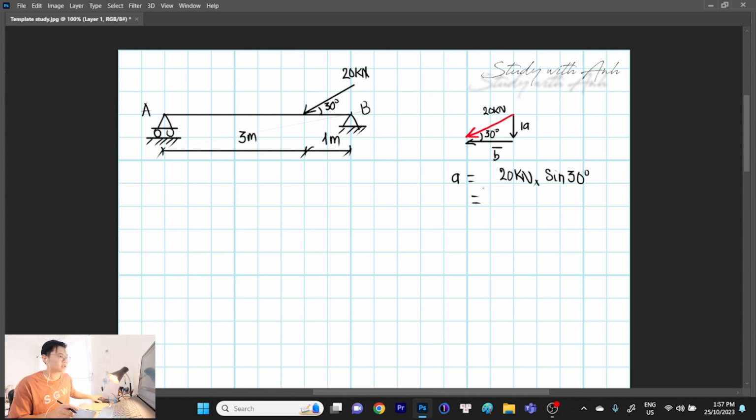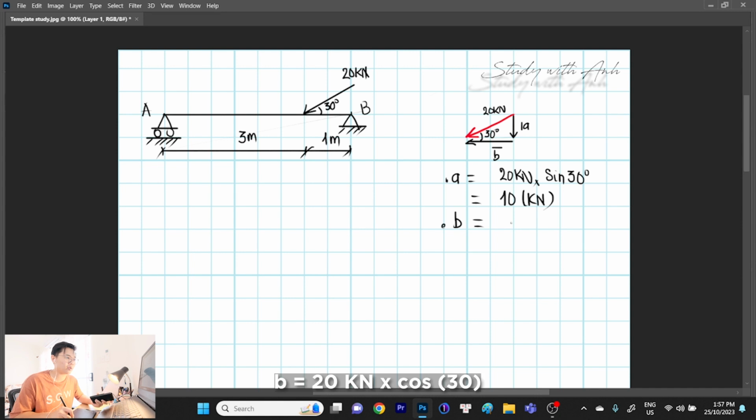Sin of 30 is 0.5, so it's going to be 10 kilonewton. B equals 20 kilonewton multiplied by cos of 30 degrees. So 20 cos 30 is going to be 17